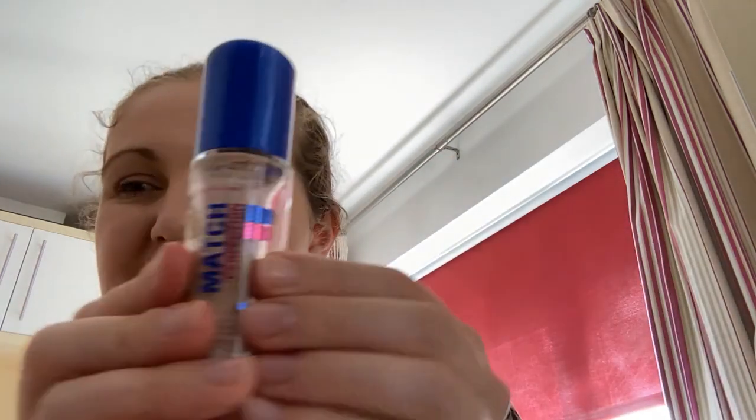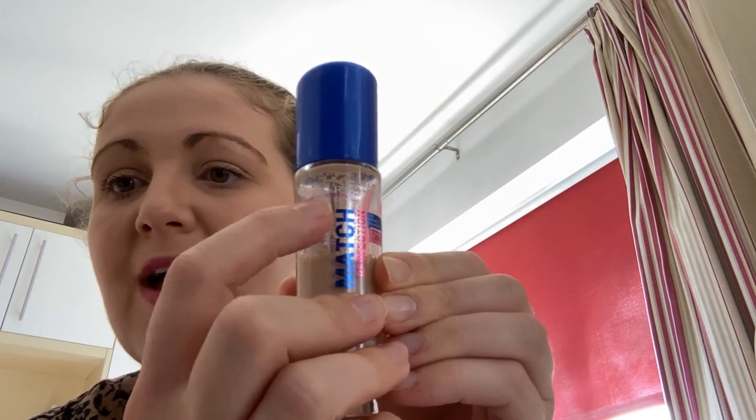Then we have got my Rimmel Foundation. Now I use this pretty much every day. As you know, I don't wear makeup every single day of the week, but I probably wear makeup 5 out of 7 days. So I don't know whether you can see the purple line. That was where we were last month, and we had